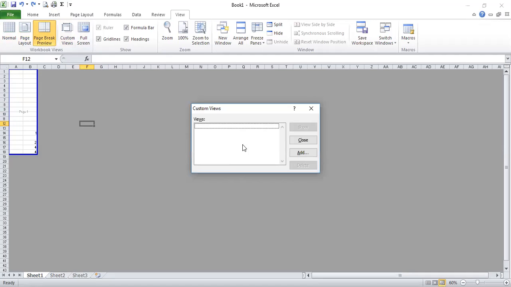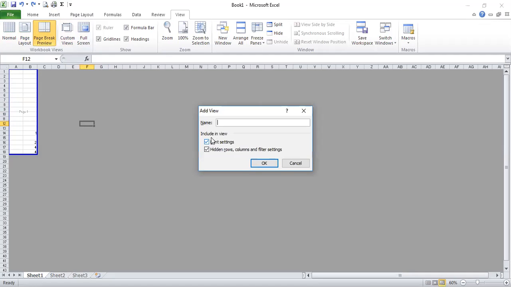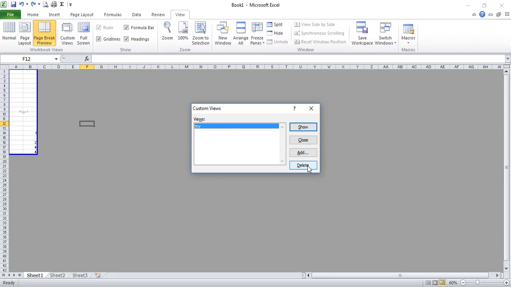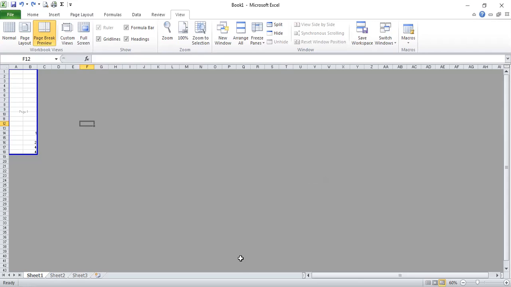And this is the custom view. From here you can add, give a name to the view, printer settings और hidden rows डालनी है तो ओके कर दो. तो ये इससे आपका एक नया व्यू ऐड हो जाएगा. दिस इज न्यू व्यू that we have added over here, right? So or if you want to delete that view that we have added, so just click on the delete button. ये जो हमने नाम दिया था my, उसको वो remove कर देगा, right? Then after this we have